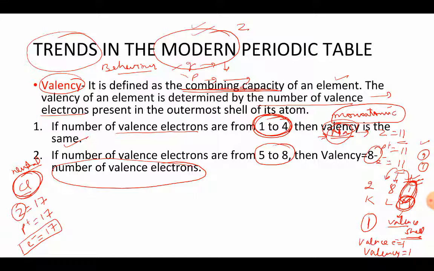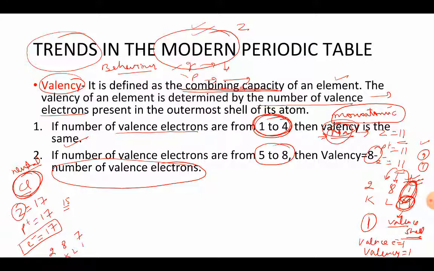So we'll start distributing the electrons, and as we all know, the first shell can have only 2 electrons maximum. After putting 2 electrons into the first shell, we are left with 15, and the second shell will get a maximum of 8. After 2, 8, 10, we are left with 7. So the first shell is complete, the second is complete.